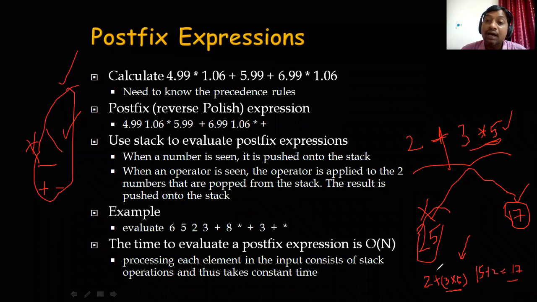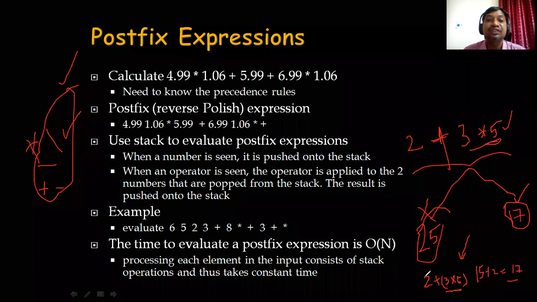For our convenience, we are writing expressions in infix form. If you would like to use infix notation, you have to take care of grouping and operator precedence and all other kinds of things, to get the proper values, to get the evaluation order.